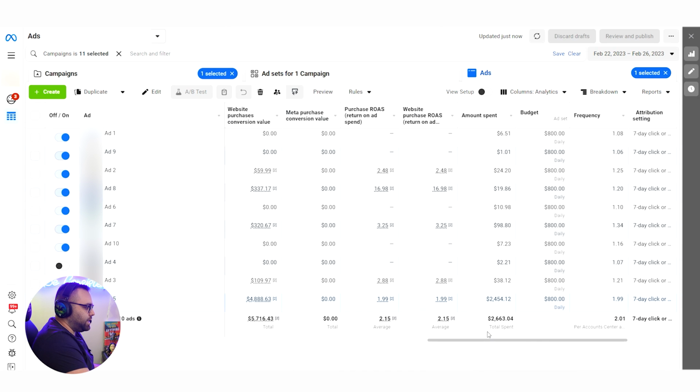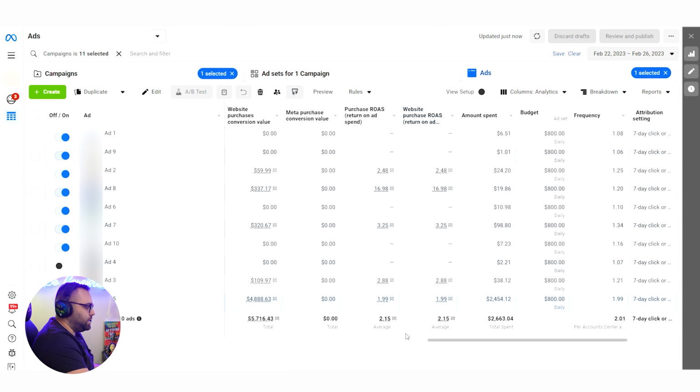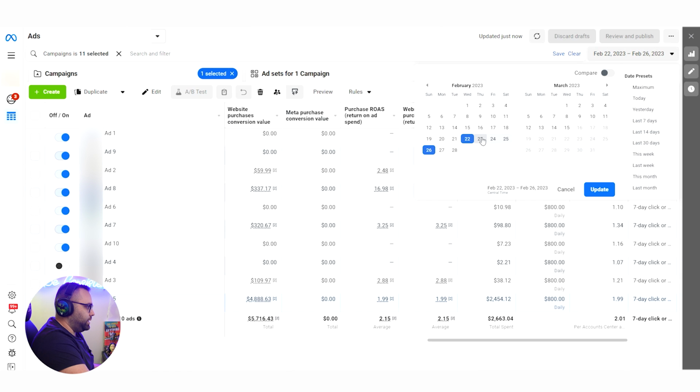Here we can see that out of the money spent between 22 and 26 December, we have a 2.15 ROAS, and while it's doing that, it's spending almost all the money, with 2.4k spent, and the others have spent just a small fraction. Now, as you can see, this ad is closed, so you have to be prepared for what happened later. Let's start seeing, from 23 to 27,